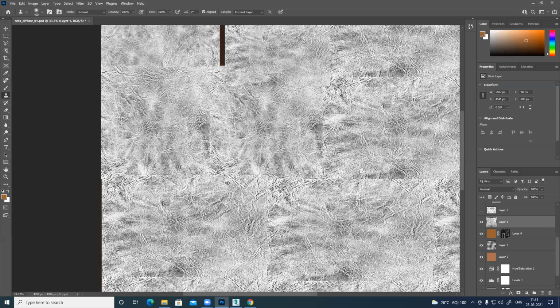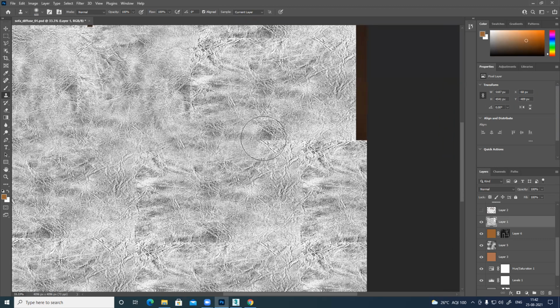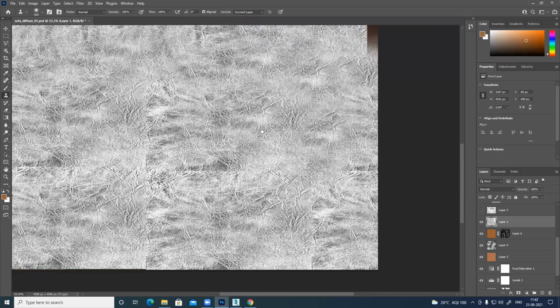So I don't want all this scene to be visible. I can use a bigger brush, smaller brush, doesn't matter. Just make sure it's random and any visible seam is not visible. Seams are not acceptable at all.